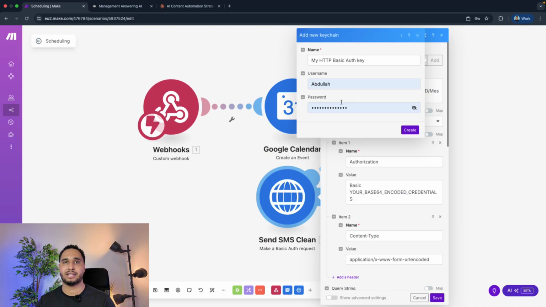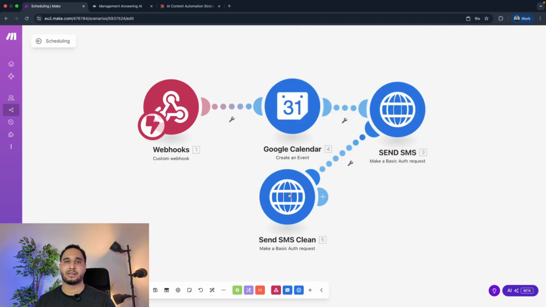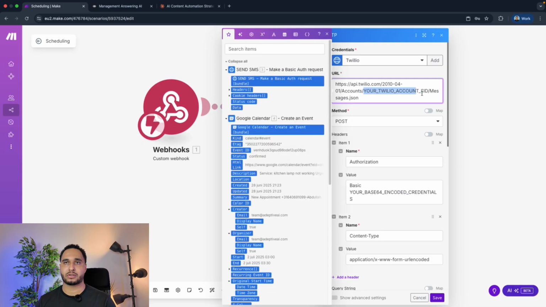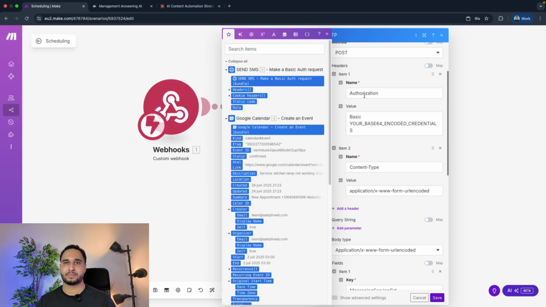You'd have to select that, and over here you'd have to give your account SID and your account token, and then that is configured. Over here again you have to pass your account SID, the method is post, the authorization is your account token,